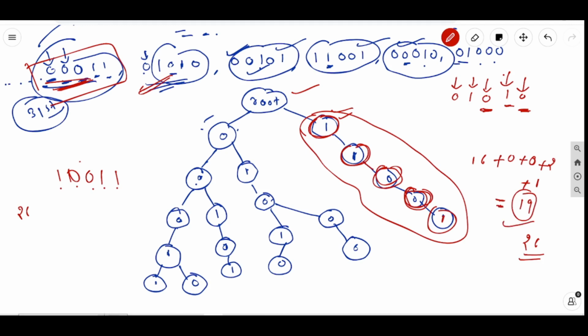Okay, fine. So that's the thing. The second number is 19. So let's try with the third number, which is